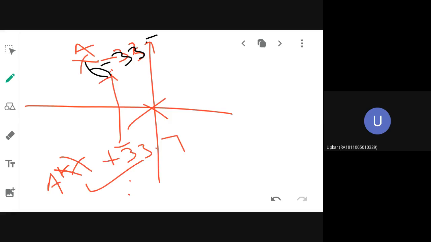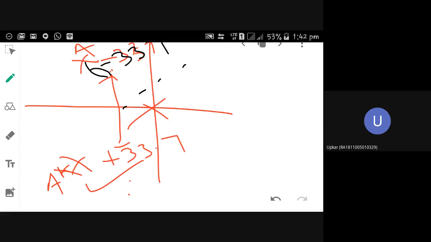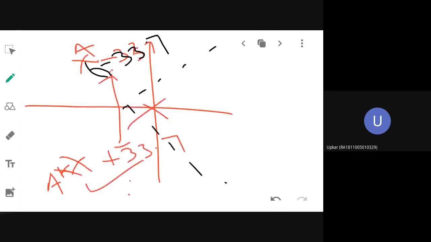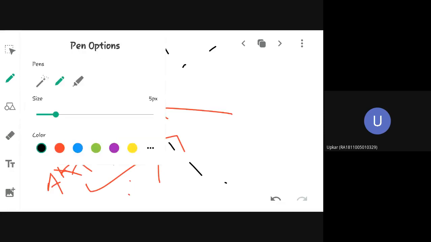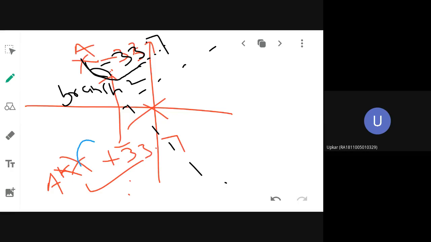Now again you have to measure the angle minus 33.7 here. And you know the asymptotic lines are running here, no? So make this angle using a compass and make a parallel branch. This is branch number 2. In the same fashion, branch number 3 is starting from this pole. Here what angle will you take? 33.7. It will also run parallel to this asymptote.